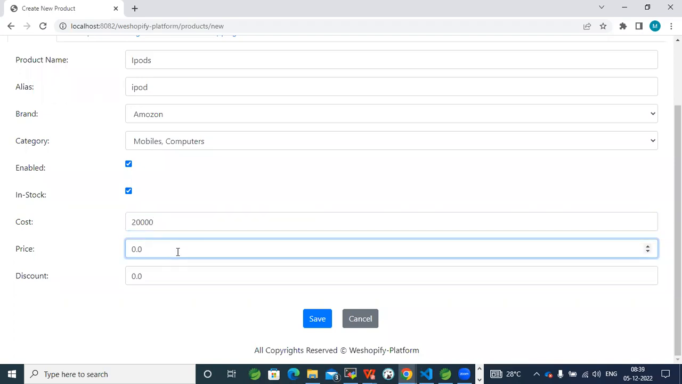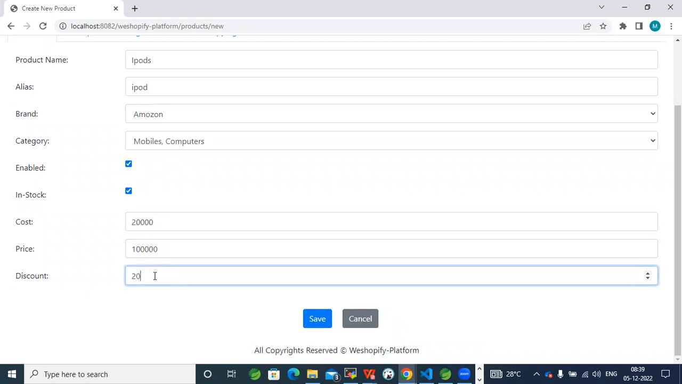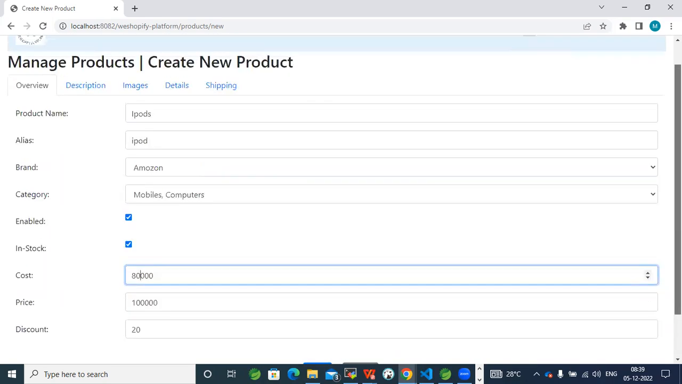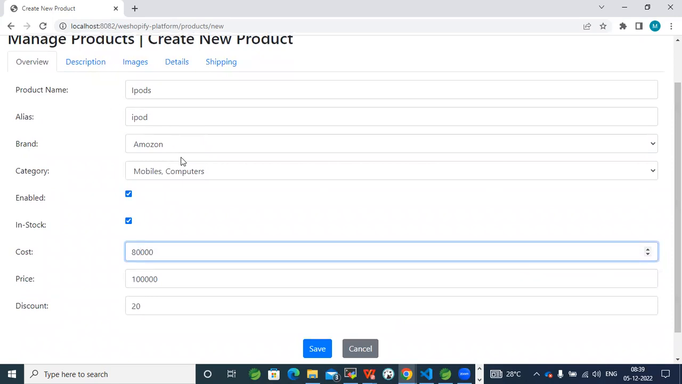Here, two things we have: cost price, and then the discount. So let us see this price, MRP. MRP is, let's say, 1 lakh. Assume 1 lakh. Let us give the 20% discount. After the 20% discount, the iPod will be available for 80,000. 80,000, right? So this is what we entered: the product name and the brand to which that product belongs, and